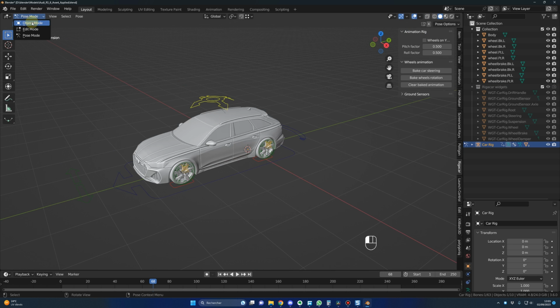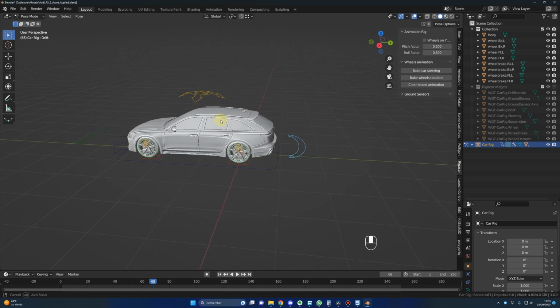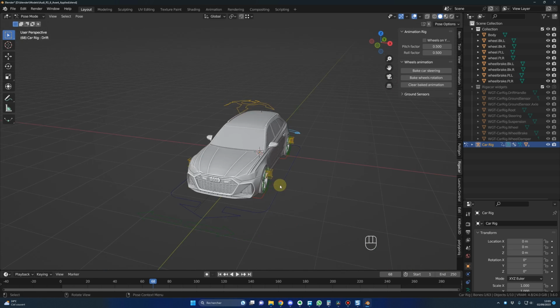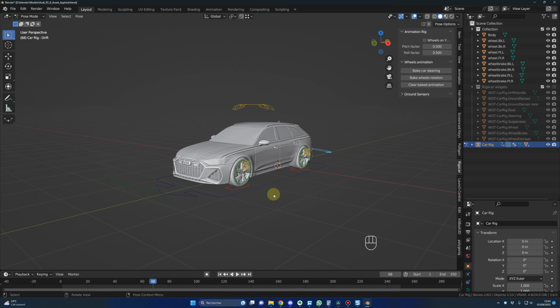Be sure to be in pause mode and you select, for example, this control, yes, this one for the drift. Perfect. Congratulations, we have our rig installed. Great, and now we can animate the car, and I will continue this video using the car I did choose